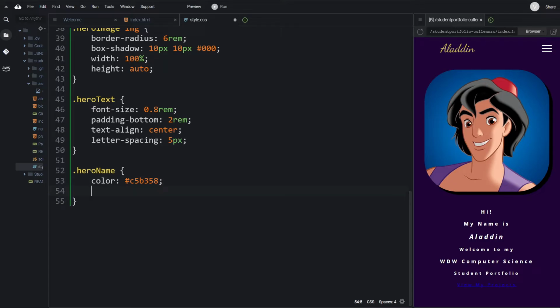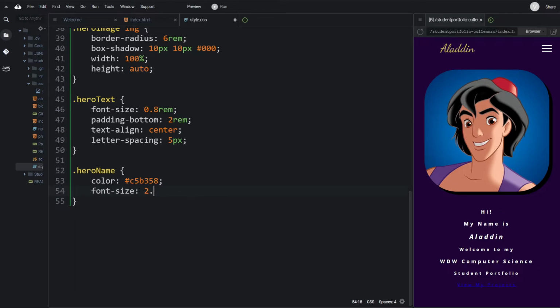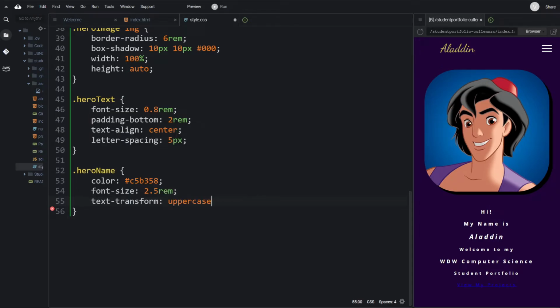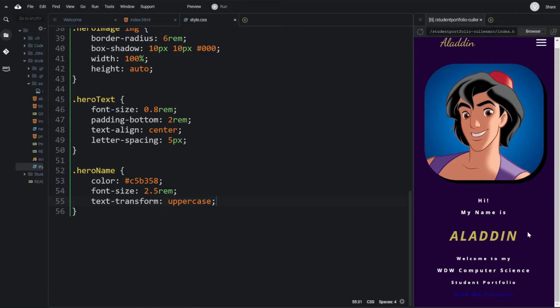Okay, we want to change the font size. We want a little bigger font size here, and we want this to be 2.5 rem, semicolon. We want the font family to stay the same, but we want to text transform to uppercase here. So now let's hit Control S and refresh, and notice now Aladdin becomes far more prominent, and